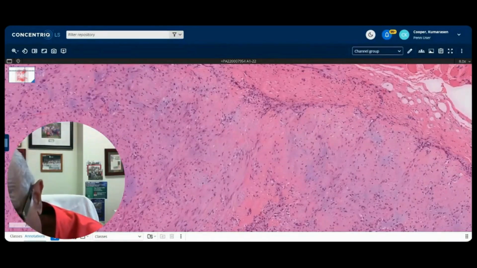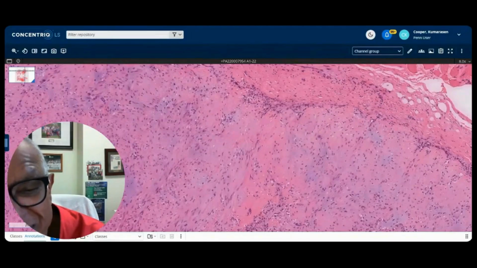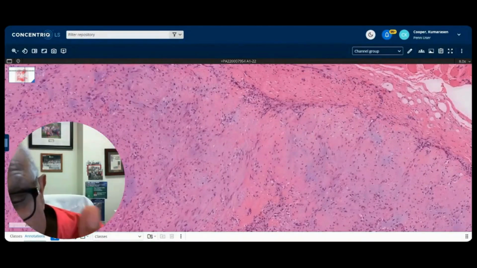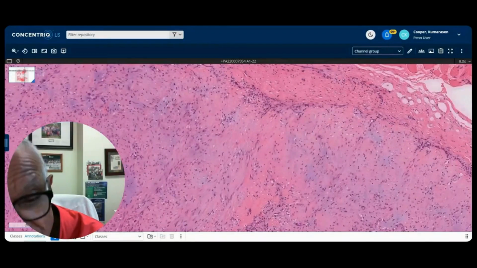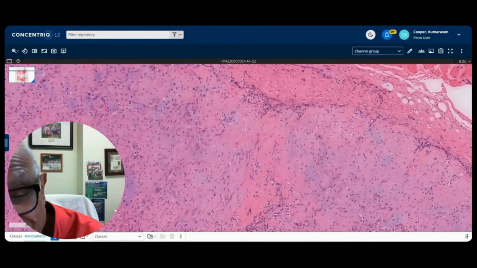With round cells, think alveolar rhabdomyosarcoma, etc. And then you're going to ask yourself, is it smooth muscle? For smooth muscle, I not only do a desmin, I like to do an h-caldesmon, which is helpful for smooth muscle. I want to see smooth muscle fascicles, long sweeping fascicles, cigar-shaped nuclei. And if it's higher grade, I want to see areas that show well-differentiated